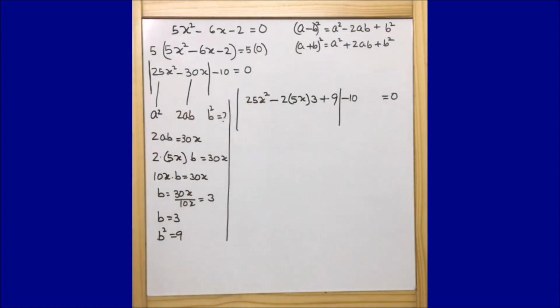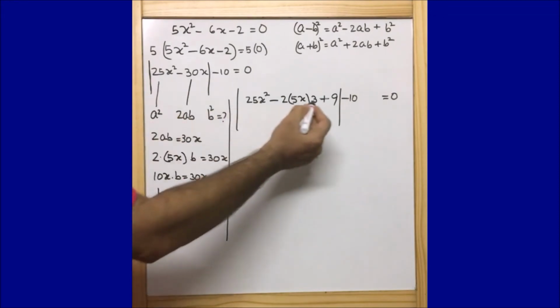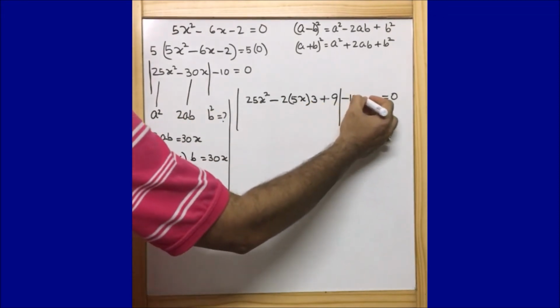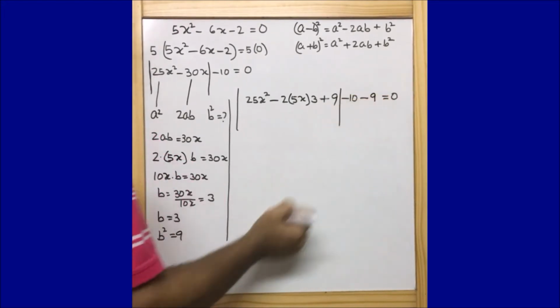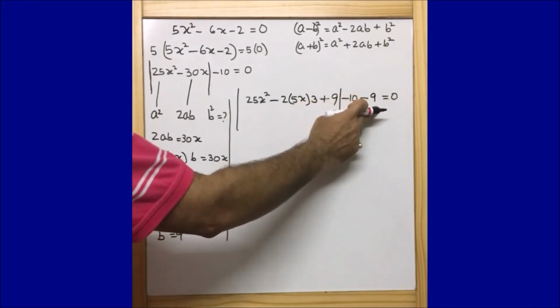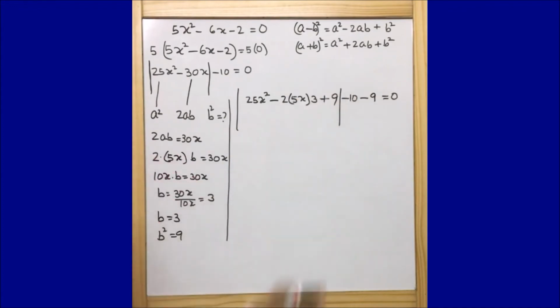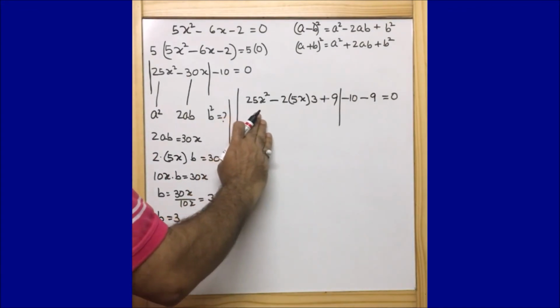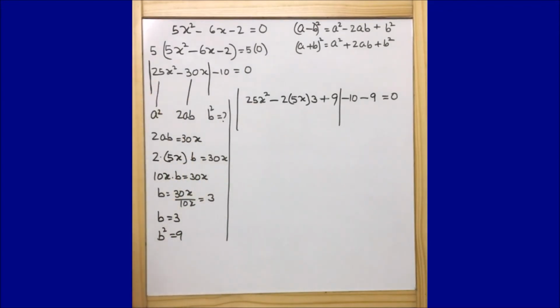So we cannot add a number as it is, because if we add any number to any equation, that equation becomes wrong. So if we are adding something, we should also subtract that particular thing. So as I have added plus 9 here, I am going to subtract that 9 here. So plus 9 and minus 9, the overall effect becomes 0. Now you could see that we got a well balanced equation.